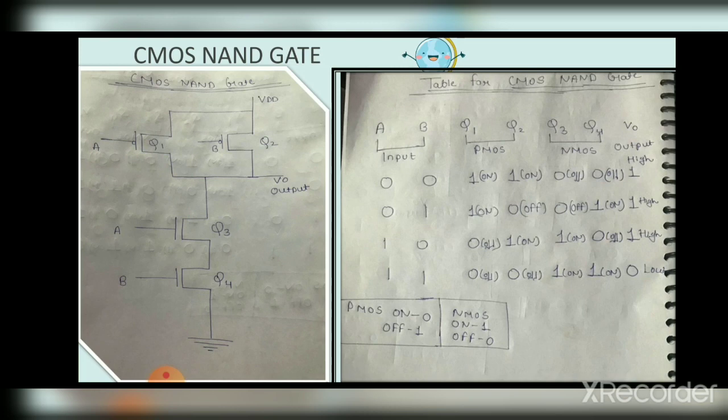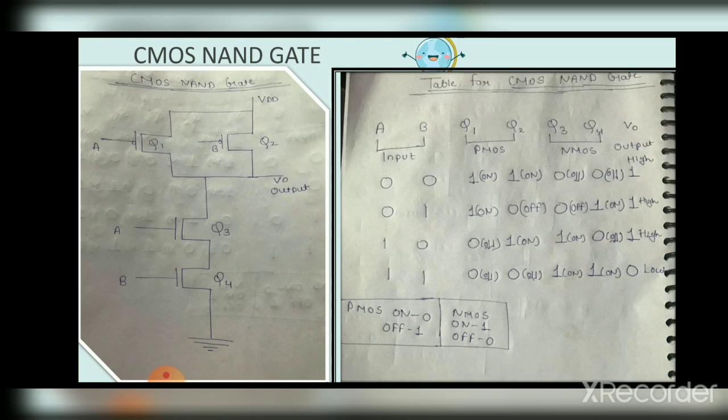In the NAND gate, when we take a low input it gives a high output. If any input is low, the output is high. First we take 0 input. Q1 and Q2 are on for low input, as PMOS is on for low input, and NMOS Q3 and Q4 get off. NMOS is only on for high voltage and off for low voltage. So due to Q1 and Q2 we get high output due to VDD.